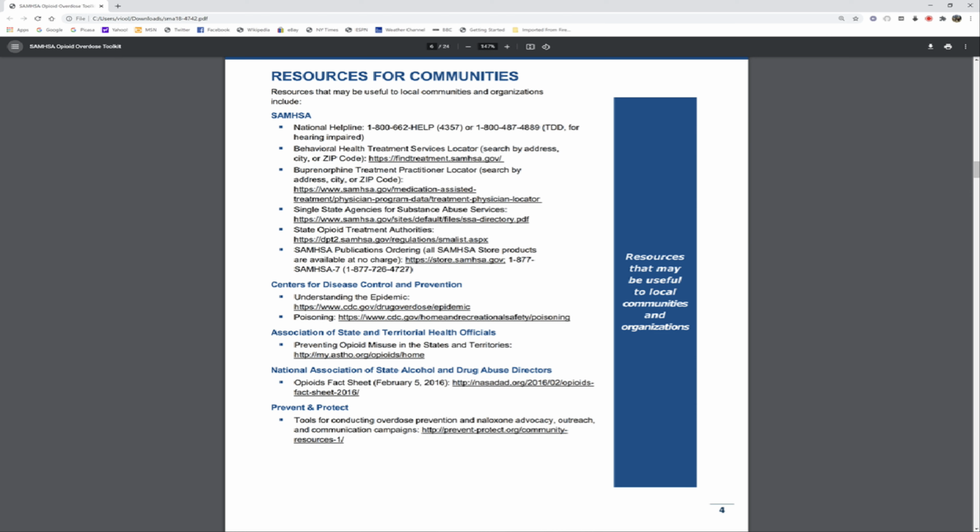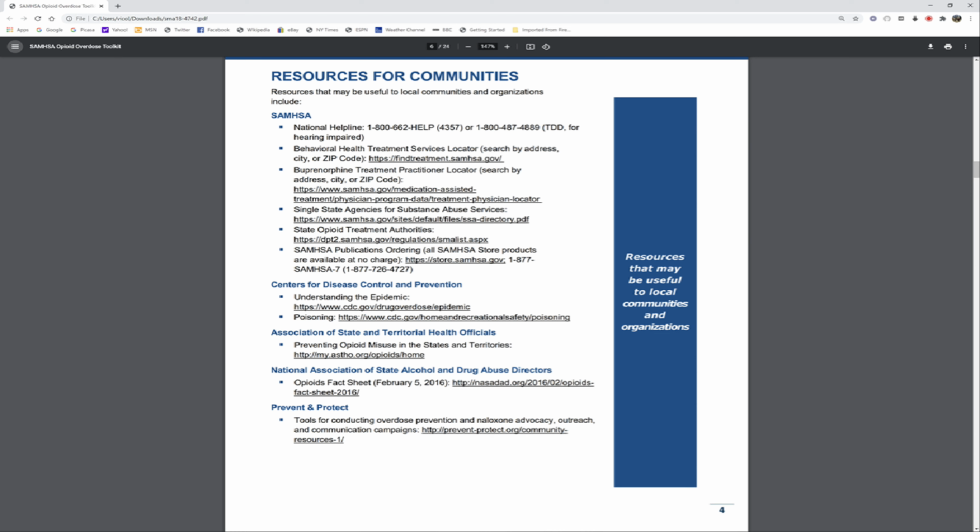https://www.samhsa.gov/medication-assisted-treatment/physician-data/treatment-physician-locator. 4. Single state agencies for substance abuse services, https://www.samhsa.gov/site/default/files/ssa-directory.pdf. 5. State opioid treatment authorities, https://dpt2.samhsa.gov/regulations/smlist.aspx. 6. SAMHSA publications ordering. All SAMHSA store products are available at no charge https://store.samhsa.gov, 1-877-SAMHSA-7,